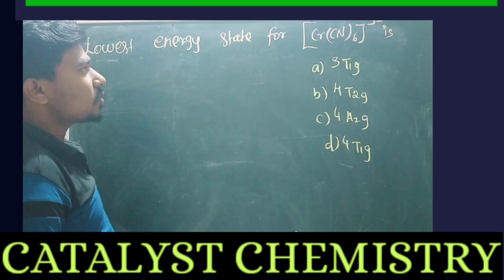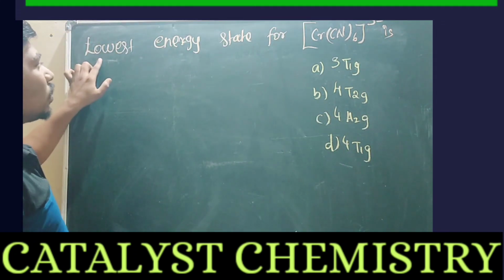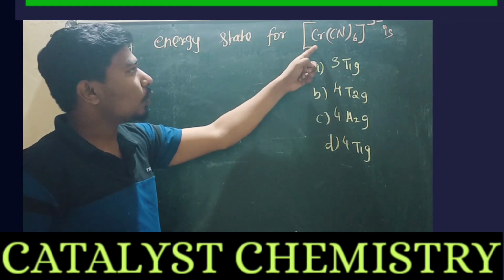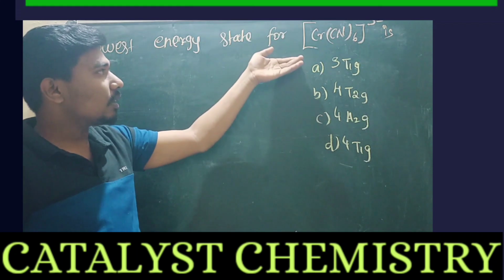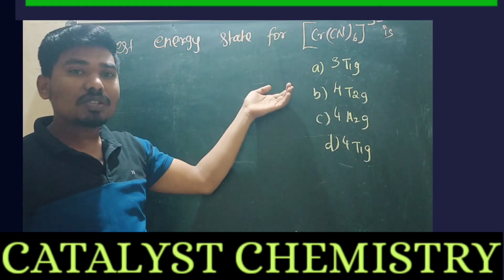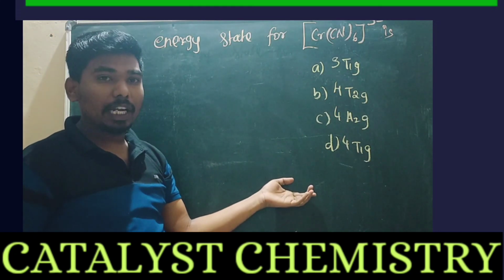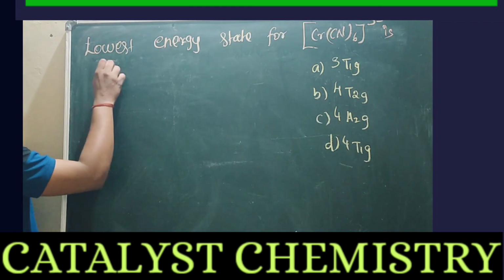So this question is also based on Mulliken term symbols. Okay, now see the question: the lowest energy state for the chromium CN6 3 minus complex is. Okay, so in the complex, we are going to identify the ground state energy term of the chromium metal, that is, its term symbols. Now see here the given complex is